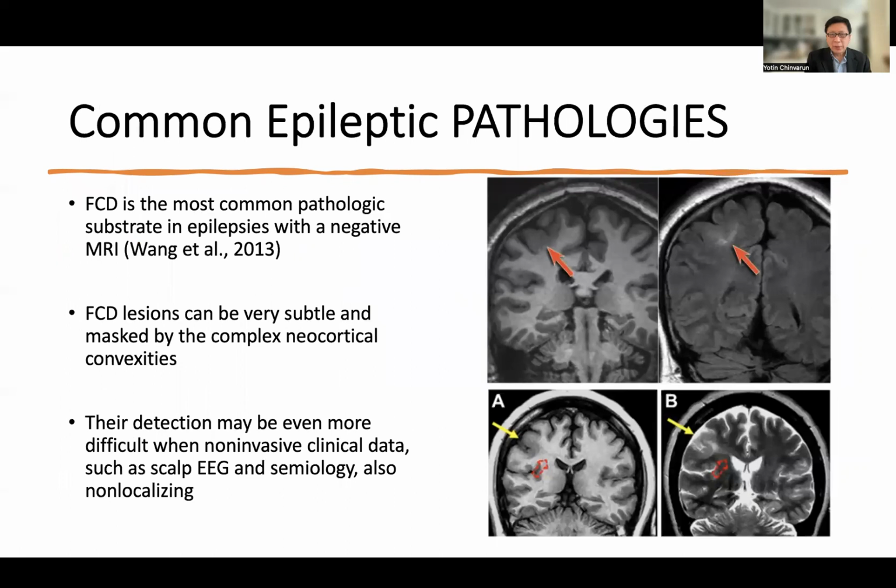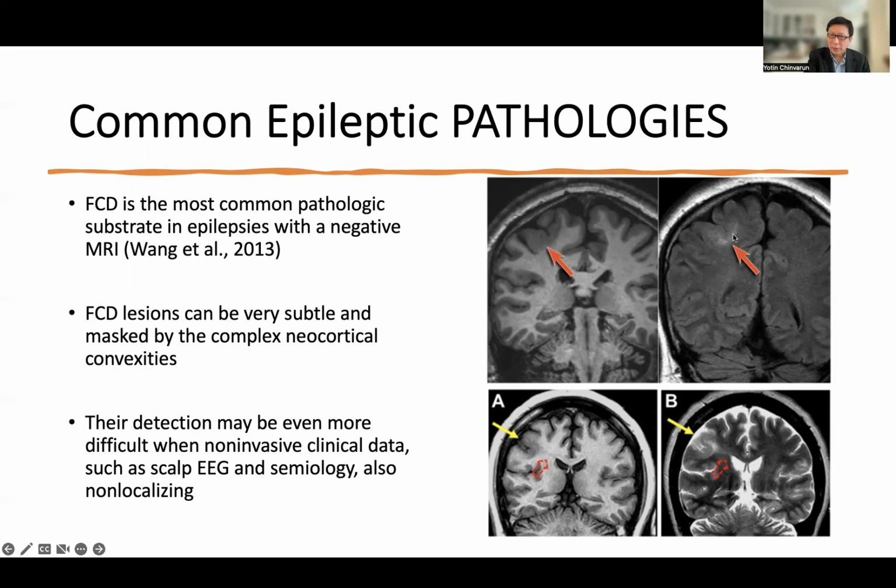Another common epileptic pathology is cortical dysplasia, particularly focal cortical dysplasia. This one is sometimes very subtle and masked by the complex neocortical convexity. So detection may be much more difficult when the non-invasive clinical data, for example scalp EEG or maybe SPECT, are non-localizing. In this example of focal cortical dysplasia, you see a very subtle lesion on the FLAIR,